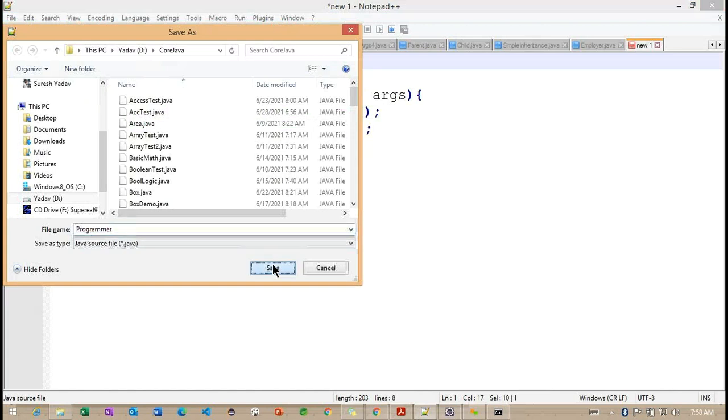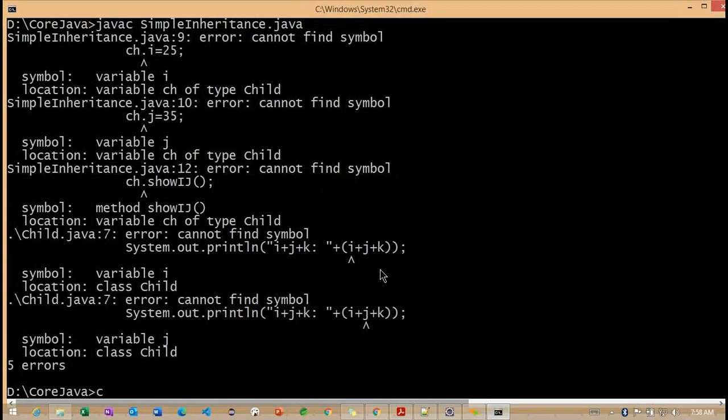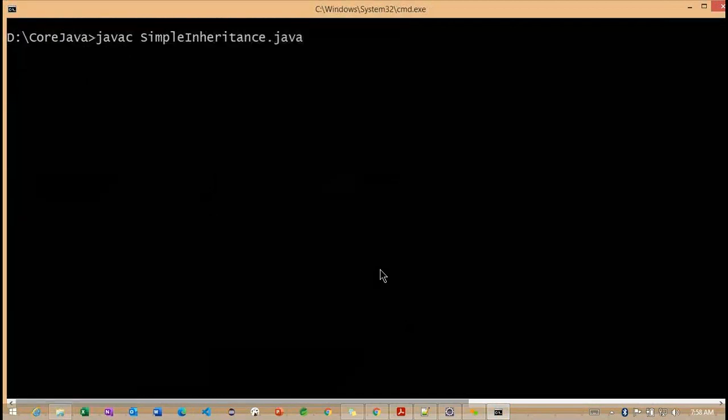This is a simple example for our simple inheritance, as well as what we call the parent-child relation. Let me clear the console.